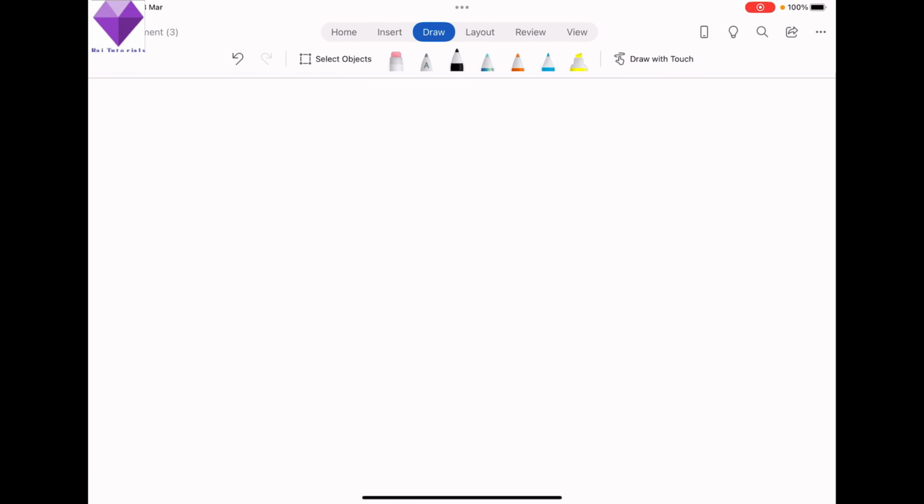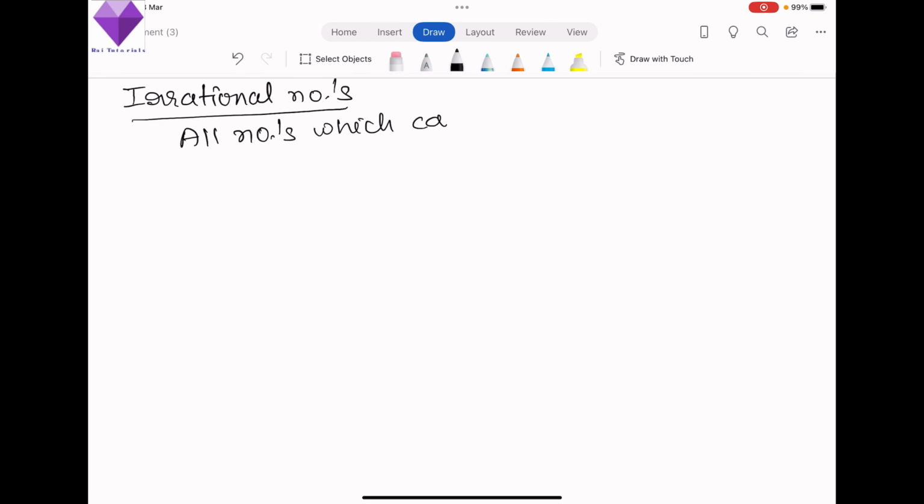Now, moving forward, the next topic we have is irrational numbers. To say about irrational numbers, I can say all numbers which cannot be written in P by Q form are irrational numbers,